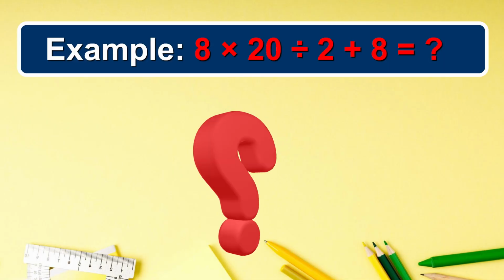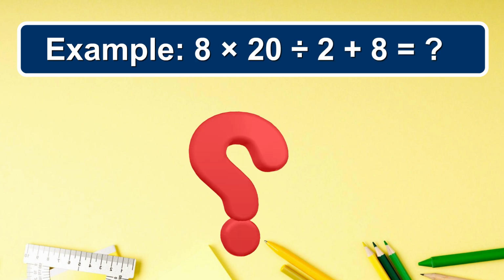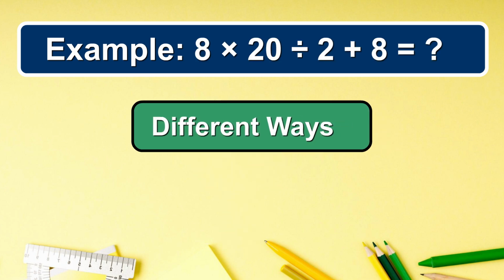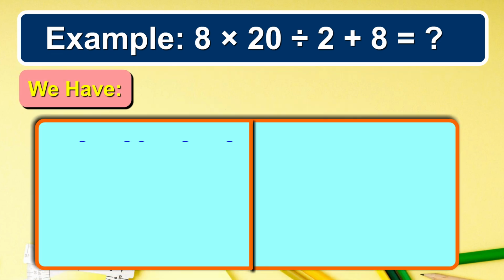8 times 20 divided by 2 plus 8 is equal to. One can work them out in different ways and obtain different results unless and until we have a rule to simplify them. Considering the given expression, we have